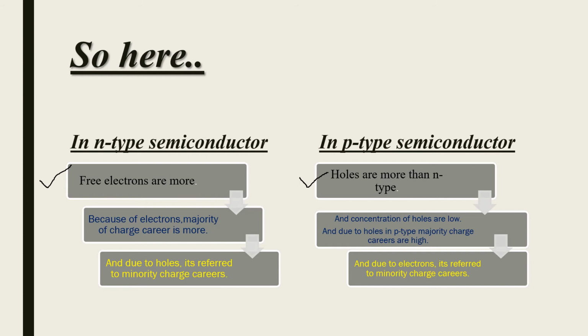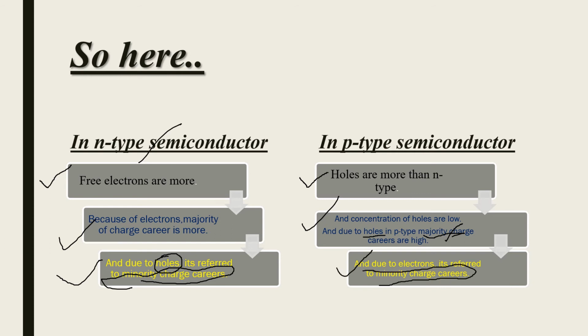Because of electrons, the majority charge carrier is electrons in N type, and in P type the majority charge carrier is holes. Okay, and in N type, the minority charge carrier is because of holes, and in P type semiconductor, minority carriers are because of electrons and majority because of holes. Okay,